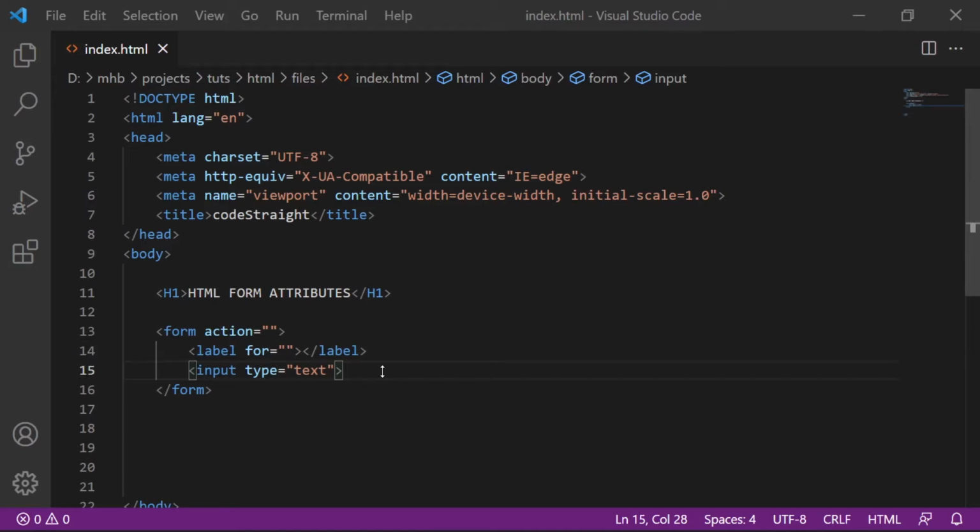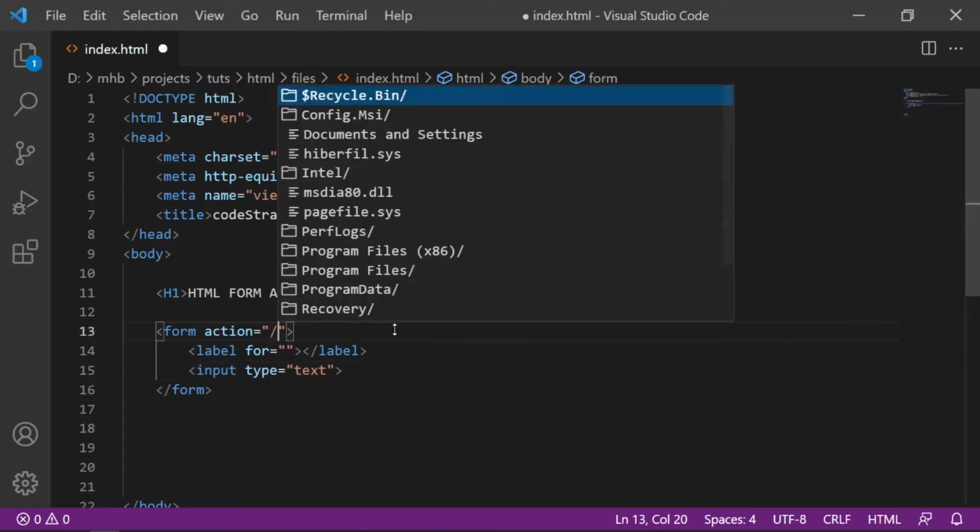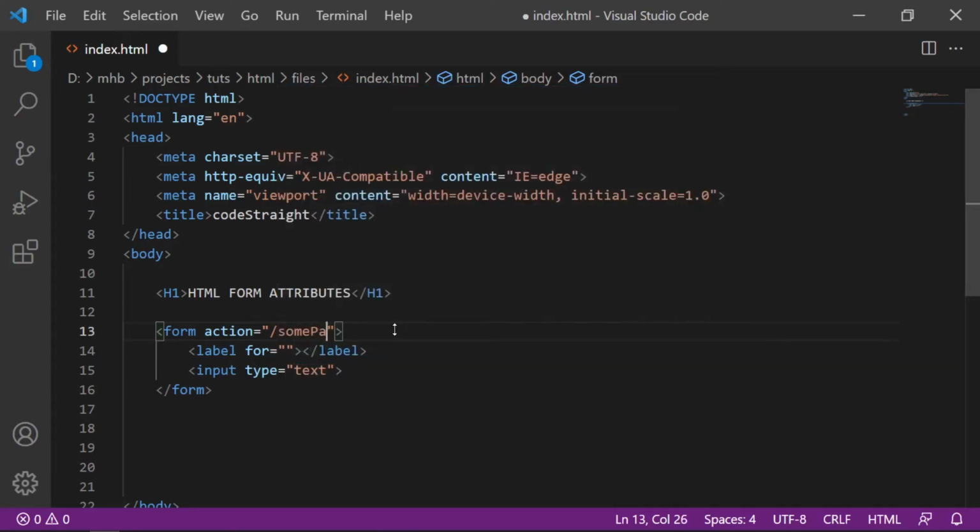Alright, let's move on. And the form data is sent to a file, let's say some page.php. And after the action attribute I'm going to tell you about the target attribute, and the value could be